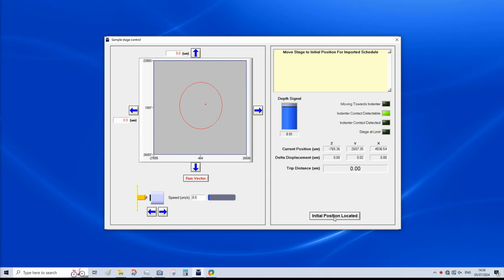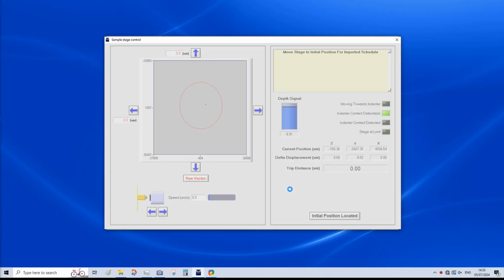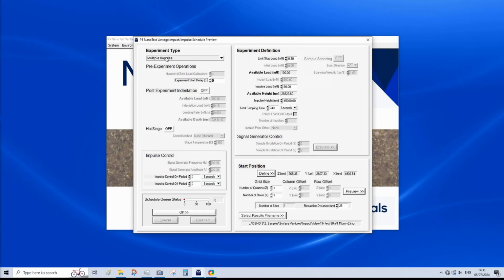We are at the initial position, so we're going to click Initial Position Located. So we've selected the Multiple Impulse option, or Impact, in this case. Now we can input or have inputted the key parameters such as impact load. In this case, we have 80 millinewtons, and this is the normal force applied through the load head. The impulse height, also referred to as the acceleration distance, is here 15,000 nanometers or 15 microns,